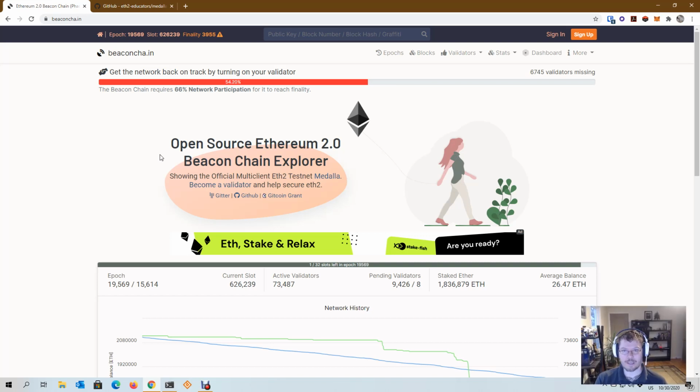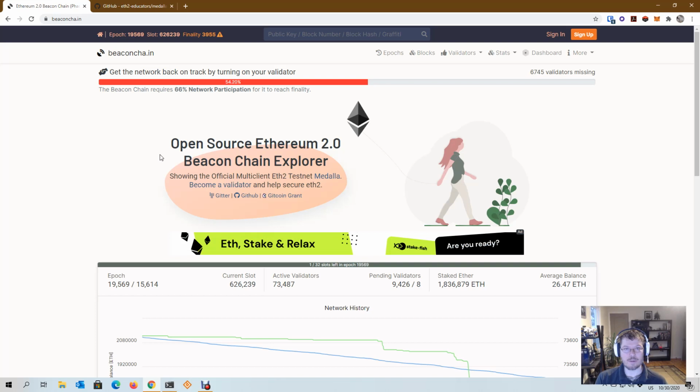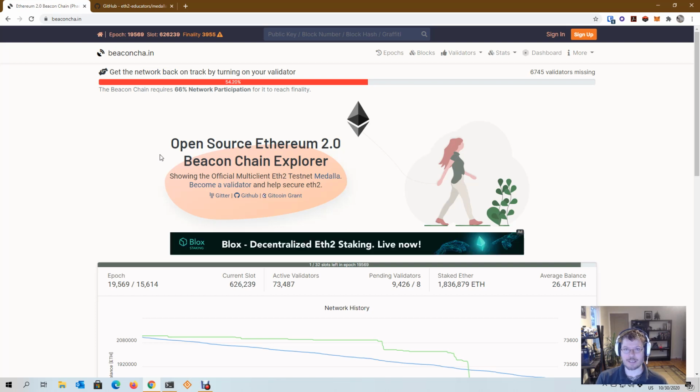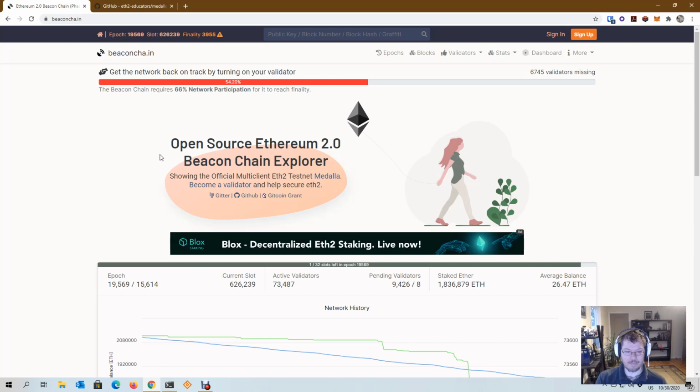Hi, this is Yorick. I'm going to show you how to do a voluntary exit from the Medalla testnet for Ethereum 2 using the medalla-exit project or tool. And all you need for this is something called the keystore-m file. This is a signing key format created by